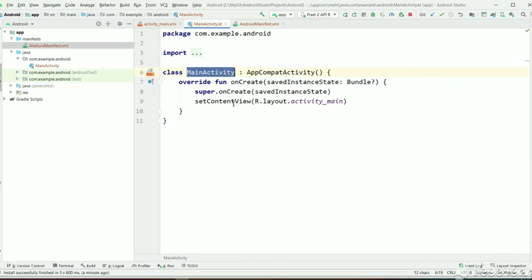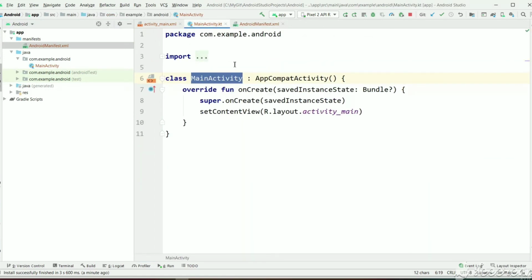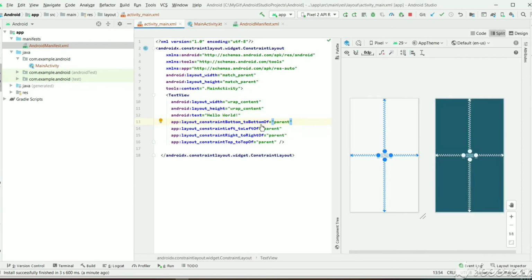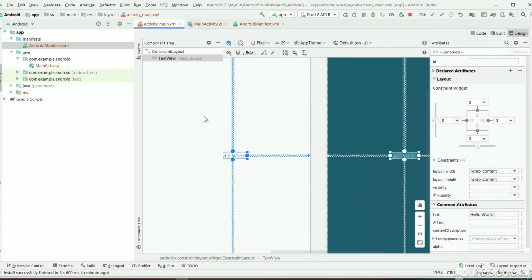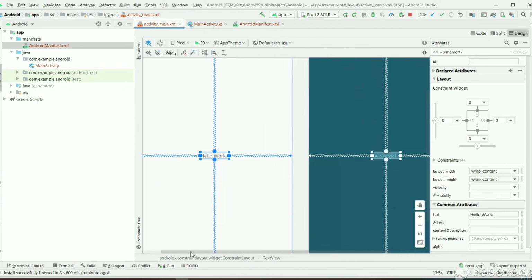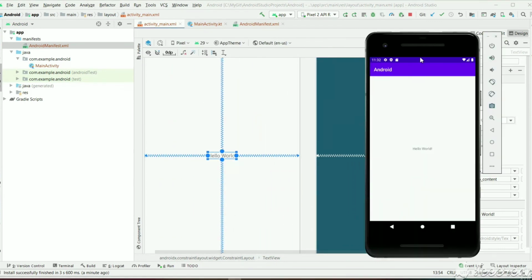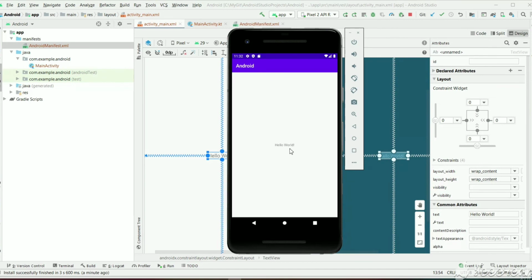So as soon as we install an app, this main activity will open, and this main activity is linked to this view. This view is nothing but this screen with Hello World. So that's why we are seeing a screen with Hello World.